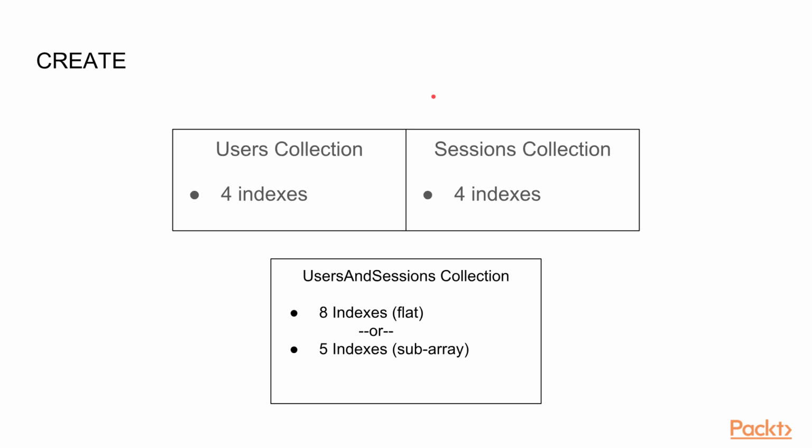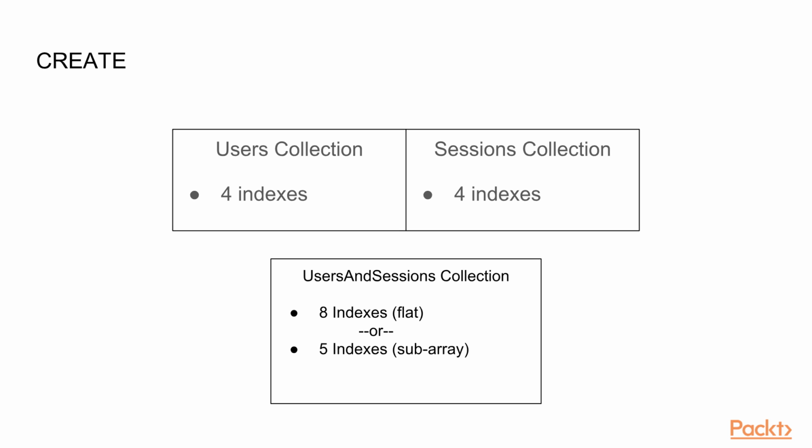So to recap, I have to make a decision now for our application. Do I want two collections? The user collection has 4 indexes and the session collection has 4 indexes. That gives me a total of 8 indexes that I'm maintaining for this relatively simple relationship. Or do I want to combine, denormalize, flatten out my 2 tables into a single table, maintain the user sessions as a sub-collection under the user record, and in which case I get 8 indexes if it's